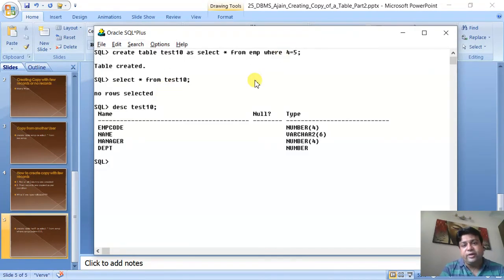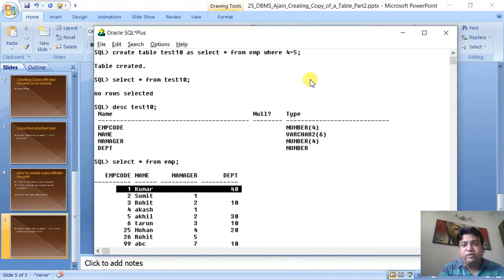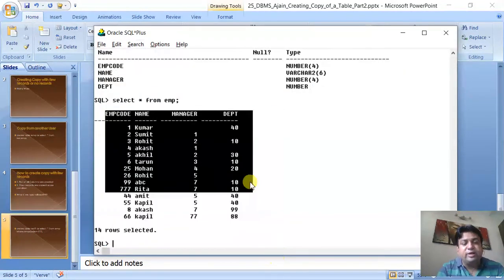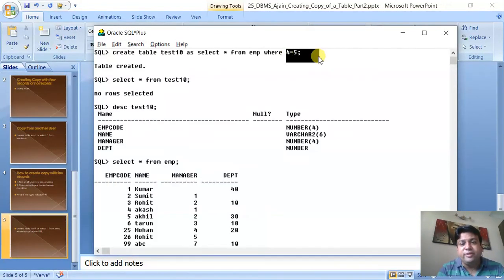See again what will happen. Oracle will go to each and every record in EMP, but in every record it will try to find out whether 4 is equal to 5. Now this is a false thing because 4 is never equal to 5. So automatically this condition is false. Whenever Oracle reaches any record, this condition will always be false, so no record will be matched and no record will be copied. So this is a safe condition because it will never be true. This is called a fallacy.